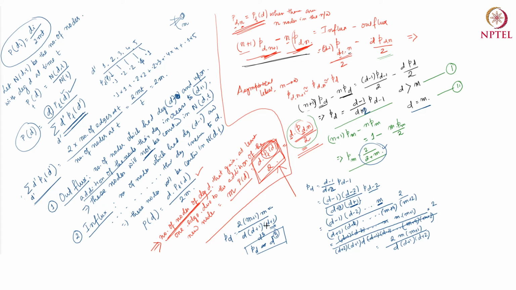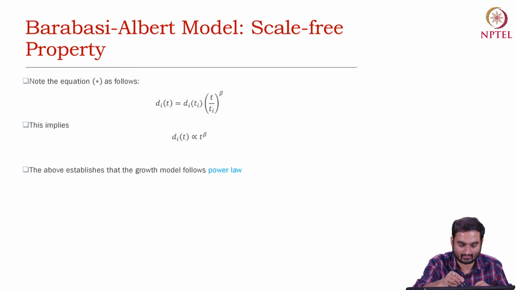Okay, so this approach is a little bit tricky, but I suggest if you think about it carefully and derive it on your own, you will understand it. Okay, so this is all about the Barabasi-Albert model. Now if you look at the limitations of the Barabasi-Albert model, the major limitation is that